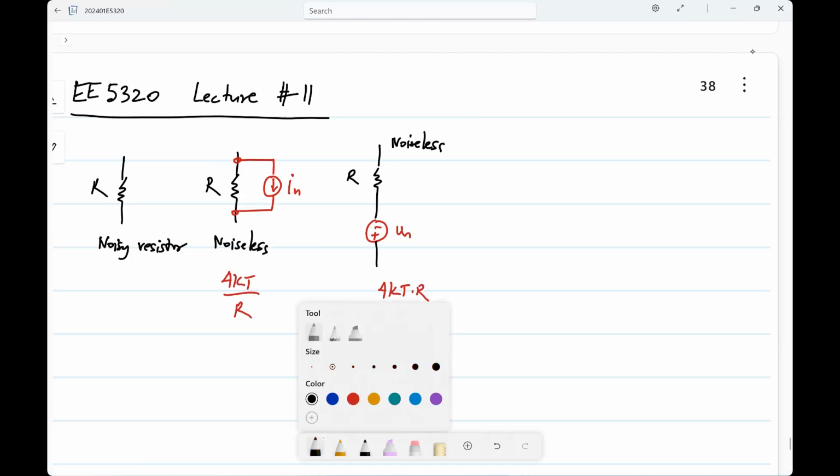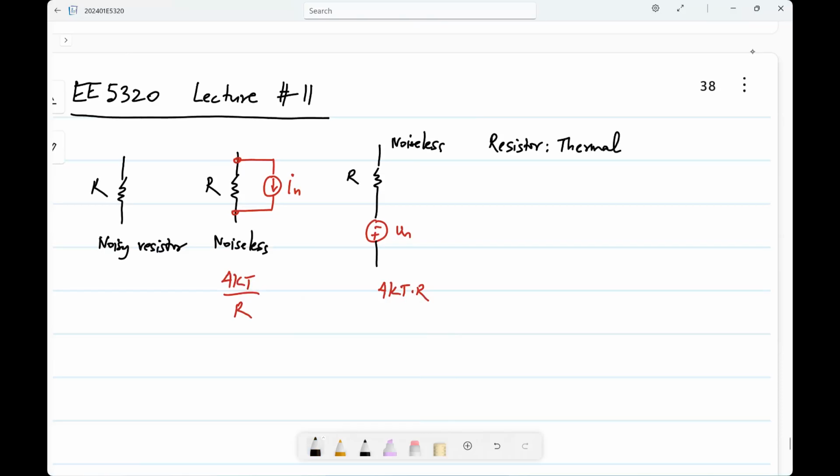These are what are known as white noise sources. The reason for the origin of this noise is thermal noise, that is random movement of electrons because it's at some temperature and because of the thermal energy there will be random movements. So a resistor has thermal noise